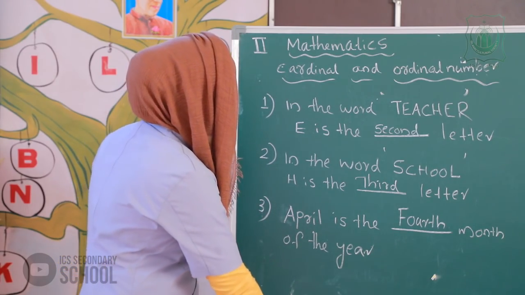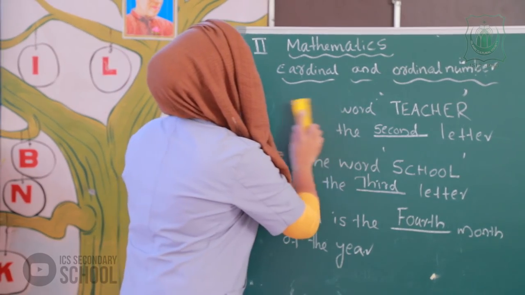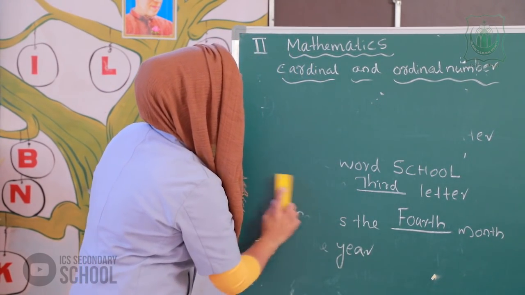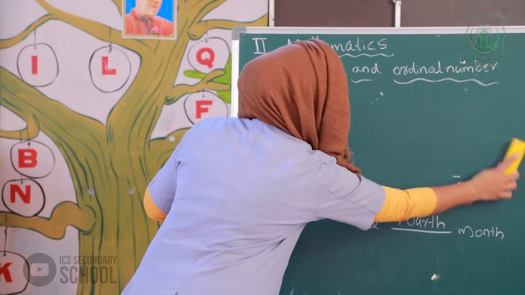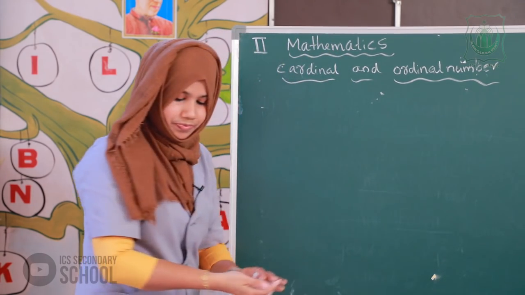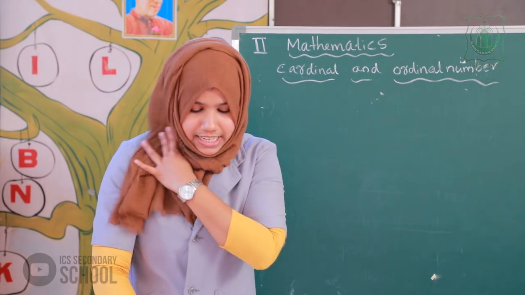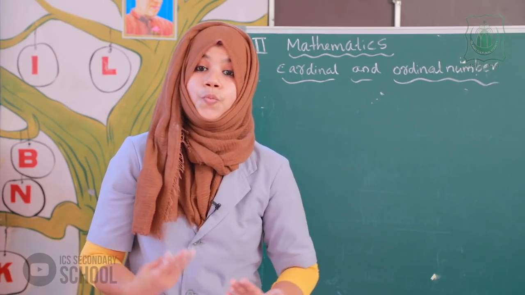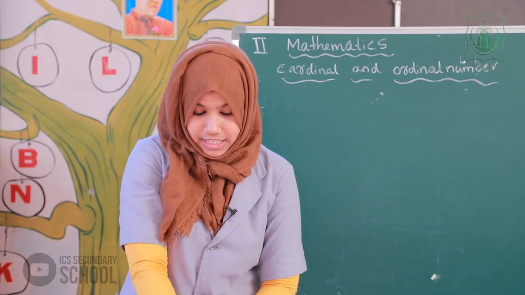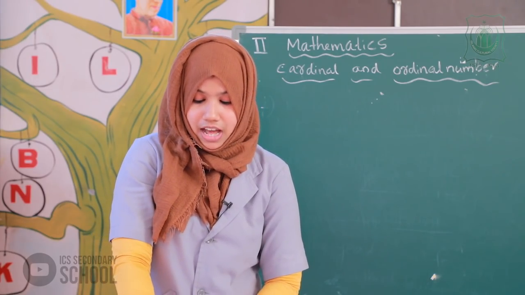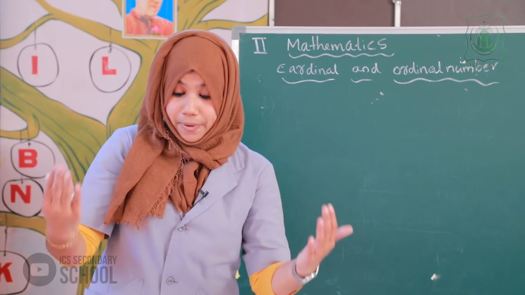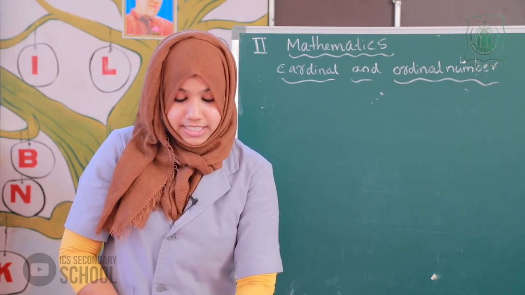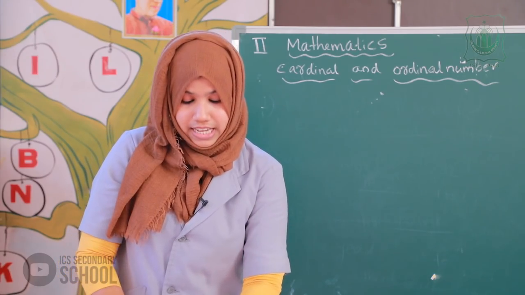Okay, very good. So, we have some exercises in your textbook. Okay. Page number 68. There is a picture here. Children and a monkey. What are they doing? Yes, the children and the monkey in this picture are trying to pull out a big carrot. Okay. Jacob is the first in the line.